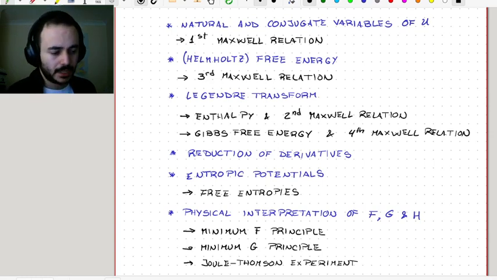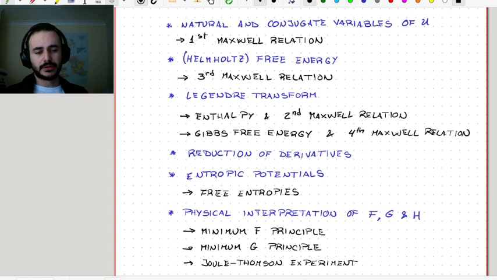Okay, and there is a systematic way to turn such partial derivatives into experimentally friendly expressions that depend only on measurable coefficients, such as the coefficient of thermal expansion, the isothermal compressibility, and the heat capacities, and also pressure, temperature, and volume, but none of the complicated objects like entropy or internal energy that we cannot just go and measure